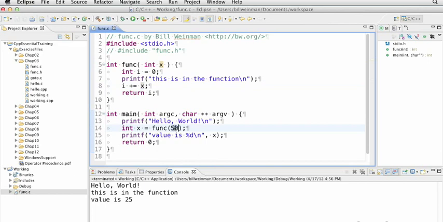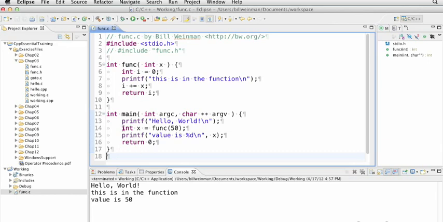So what this does is it passes this 50 into the function. Now the way that it does that is by declaring a new temporary variable and copying this value into that variable. So it's not actually using the 50 directly. It's actually copying it into the function. This is called call by value. And all functions in C are call by value. So if I save that and run it, now the value is 50 because it's getting added to the I,